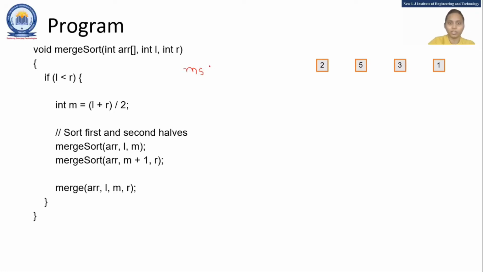Take an example. Let me write. Here, your lowest number is at index 0, so 0 to 3. For that, you divide in merge sort, and merge. In merge sort also, you are trying to understand M. M is the average number. So 0 and 3, what is the average of this? 3 by 2 means 1.